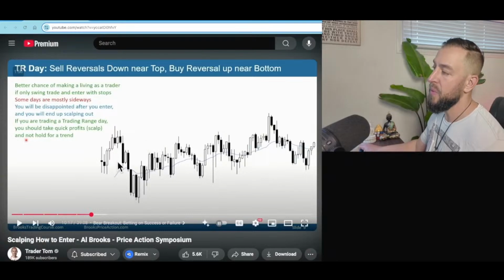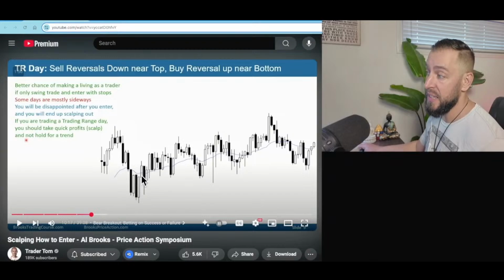Okay, so really quick, let's add some detail here. Notice lots of tails. Every single candle on this chart has lots of really big tails. Notice they're not just little tails. Like most of the candles don't look like this, where there's a significantly sized bar body with a small tail. No, most of the candles look like this, where the tail is huge, okay? Big tail, big tail, big tail, lots of tails, okay? Or you can call those wicks, whatever. Lots of little dojis, okay?